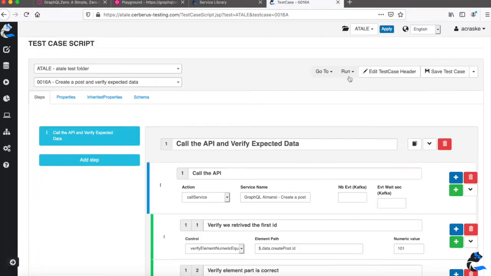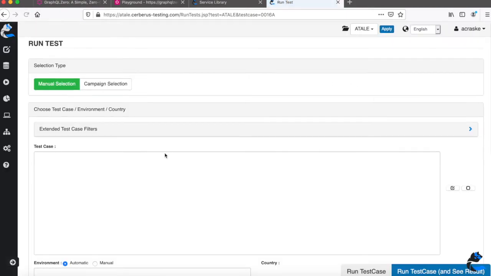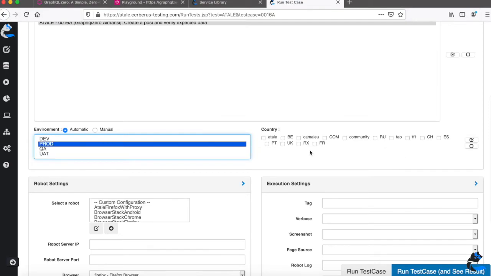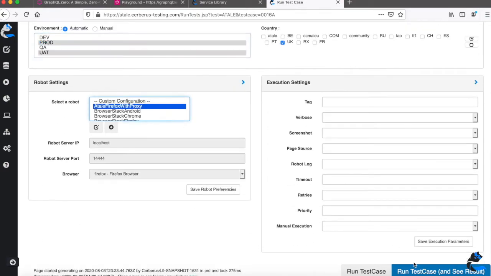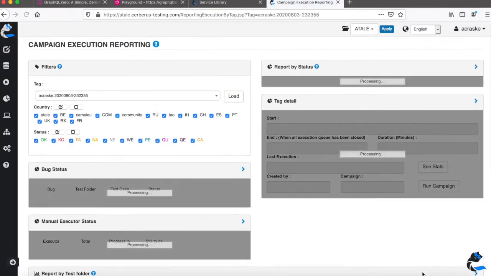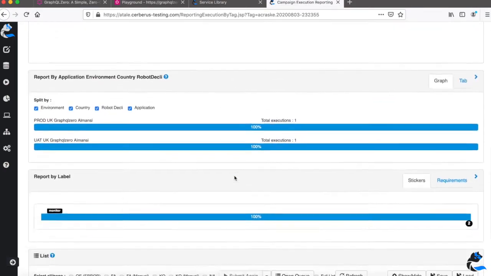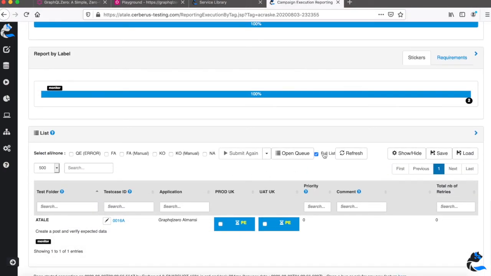I can just go here, and I can just select UAT, for example, and I can also, if I want, run it in two environments, but I will run it in two, for example, here. So I run them with the exact same parameter as the one you saw previously. Okay, and the tests are done correctly.